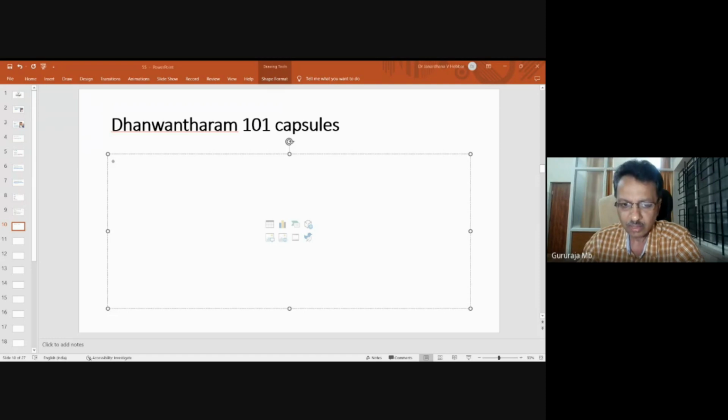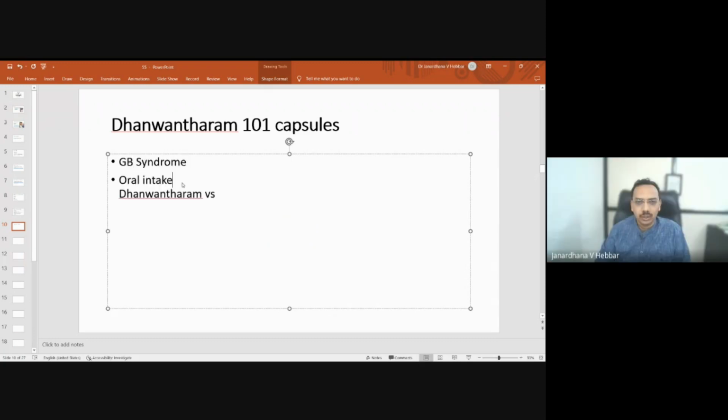Even one Dhanwantaram, multiple Avartana Taila, are used for Nasya purposes in Vata rogas, typically paralysis or ardhita and such conditions. It is also used in GB syndrome type of conditions. This Dhanwantaram 101 can be used and it gives comparatively good results. If we take Dhanwantaram versus Ksheerabala, which is also used orally, versus Gandha Thailam,